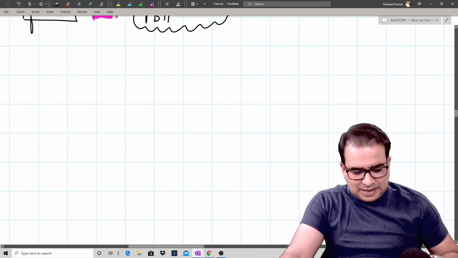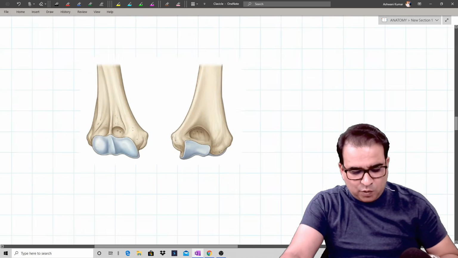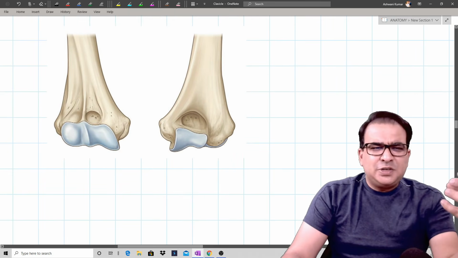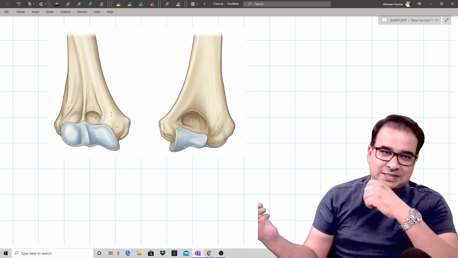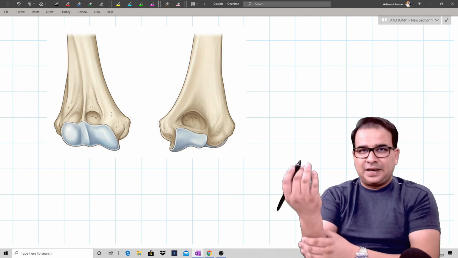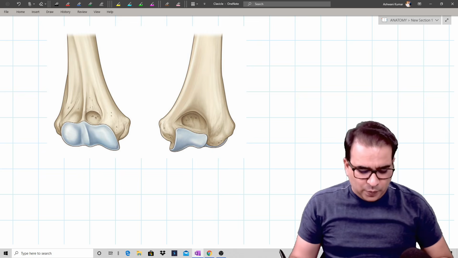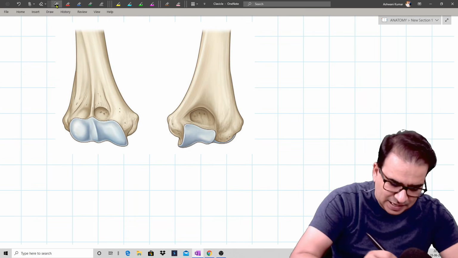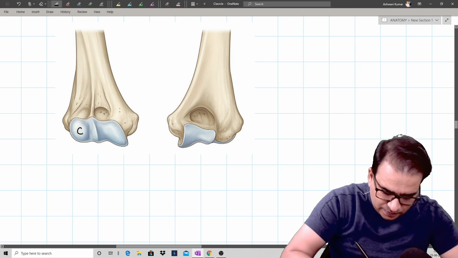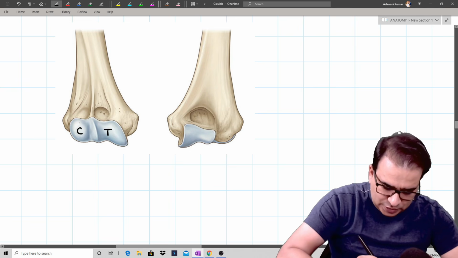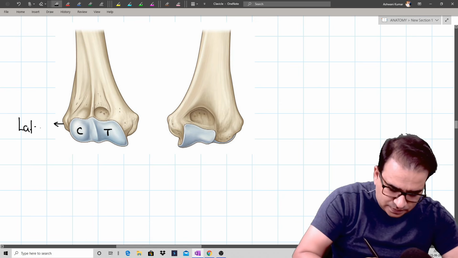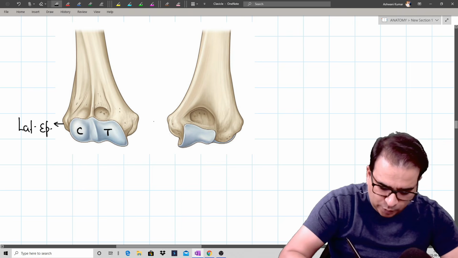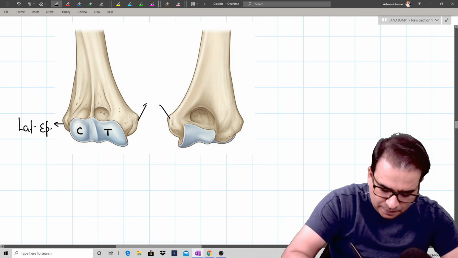So guys, from the upper end of the humerus, let's now move on to the lower end here. The muscles which are attached at the lower end are obviously supposed to go to the radius and ulna, which is our discussion the next time. All the flexors and the extensors of the forearm. So right now we can see the medial and the lateral. We already know this is the capitulum here, and this pulley shape is the trochlea. Now what you see, this epicondyle is the lateral epicondyle. You can see it's smaller, and this more prominent epicondyle is the medial epicondyle.